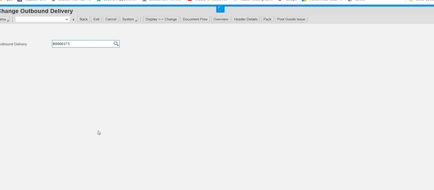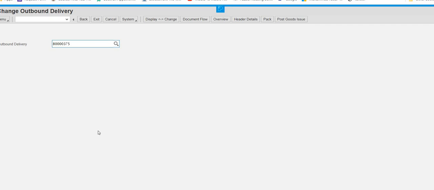Again, you can see the delivery document number is already there. It is displaying. If it is not displaying, we will type it. Not a big deal. But I told you, almost 100% of the time the SAP system automatically picks that number.